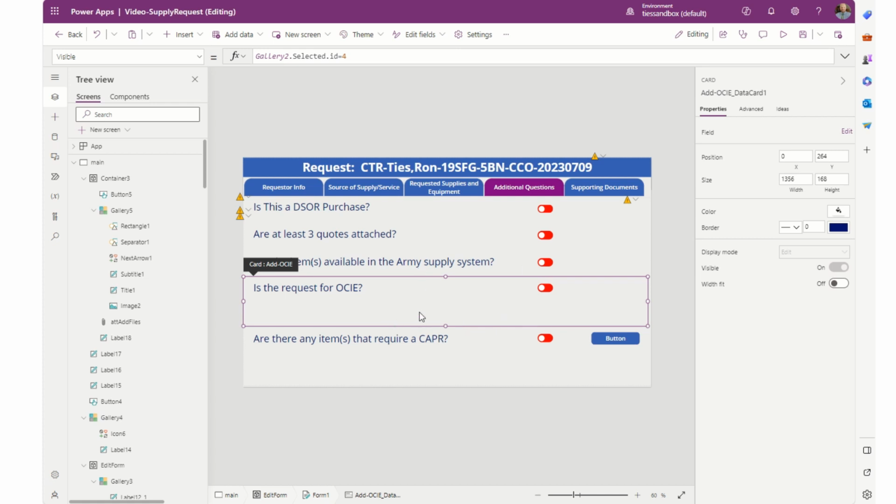I can vary this card height depending on if this toggle is selected or not. So if I go to height right here, I can go